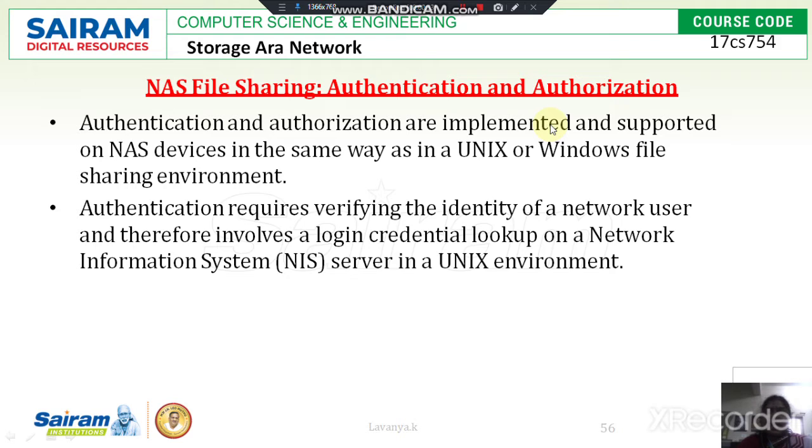This NAS works on ACL permissions. To protect the data, it provides privileges for that particular data, and for that it uses ACL permissions. What are ACL permissions? First of all, ACL stands for access control list.